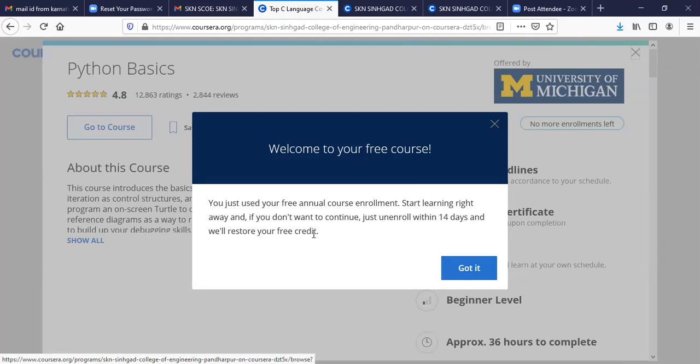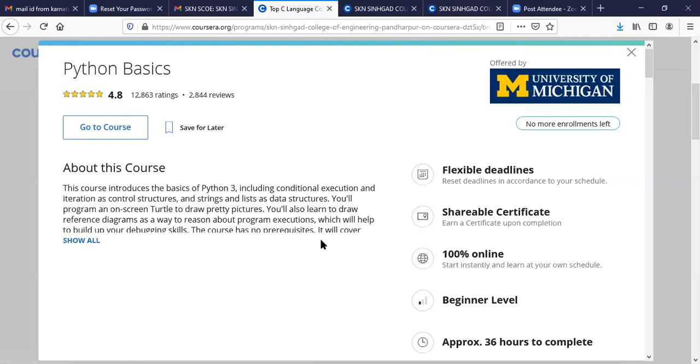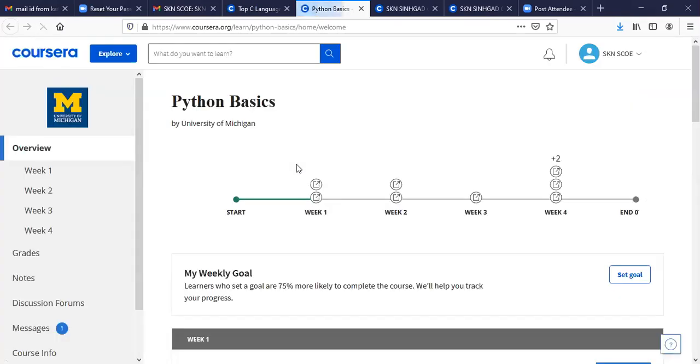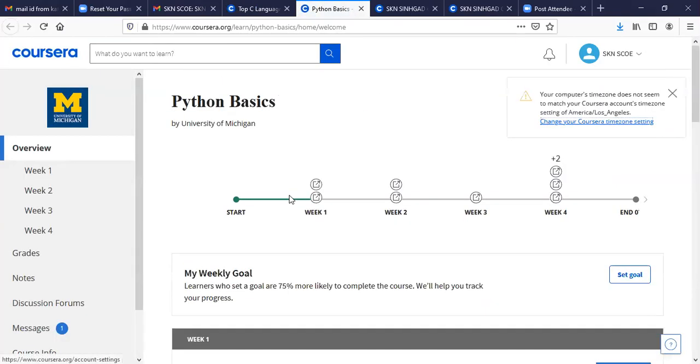But again, this will not happen with any one of you. From day one, you will start learning and you will finish the course. But suppose you have already started the course and in between you feel that you don't want to complete it, you can unenroll from this particular course. Now there is no need to tell how to unenroll right now.